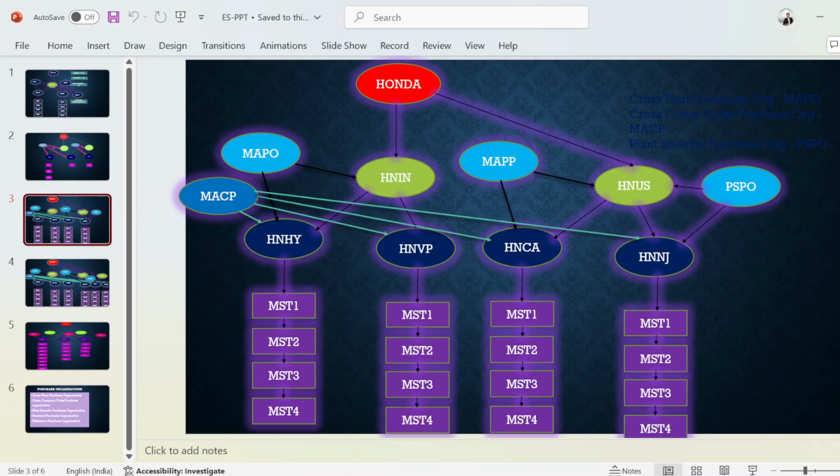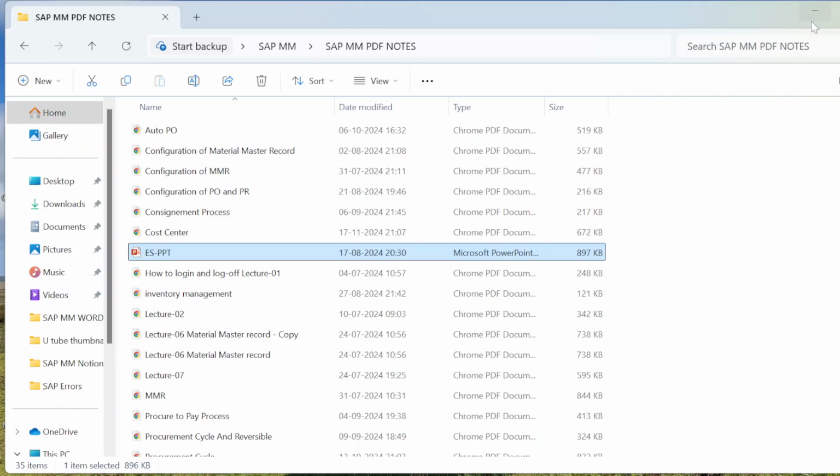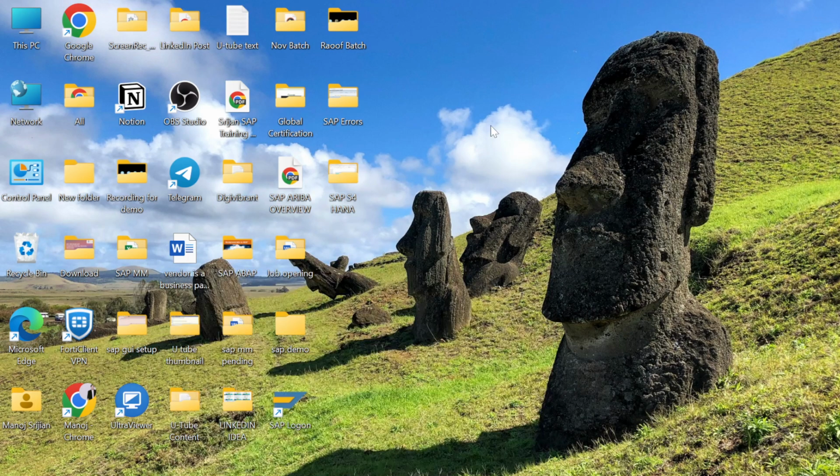So that's just a client, a company code, then plant, storage location. I will explain that in brief. I'm just showing you how we are going to learn. And then we are going to start mapping that in the SAP environment, in SPRO. So that we are going to learn.